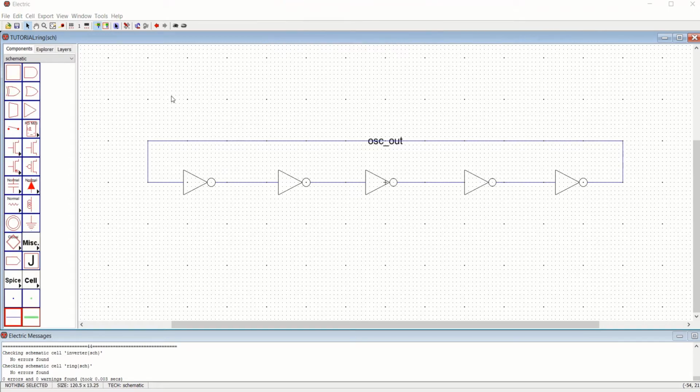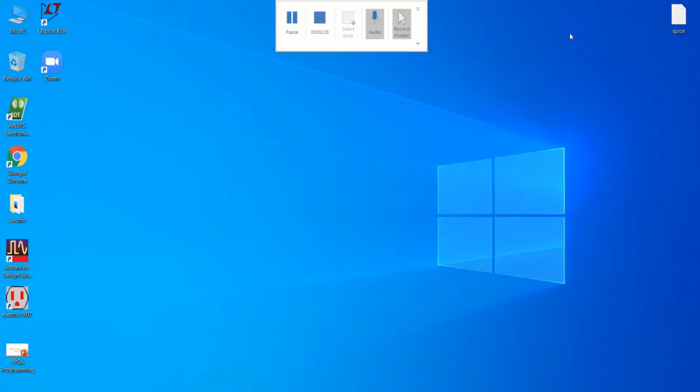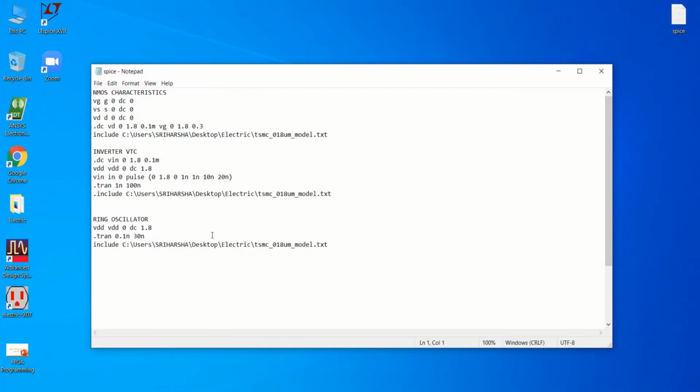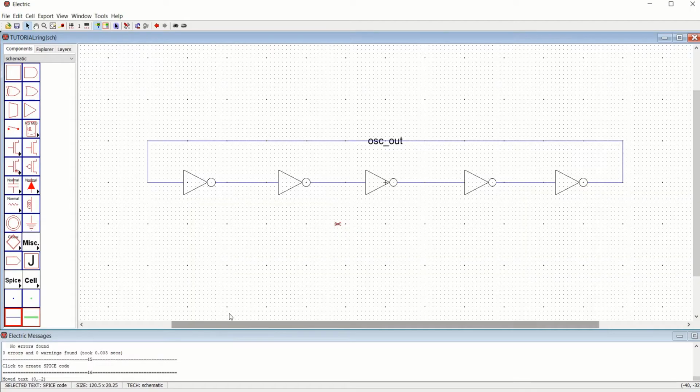To perform the simulation, go to Components, and from there you can place the spice code. Click on this and get the spice code into it. To save time, I have taken the spice code directly; I had written it earlier, so just copy that text and place it.